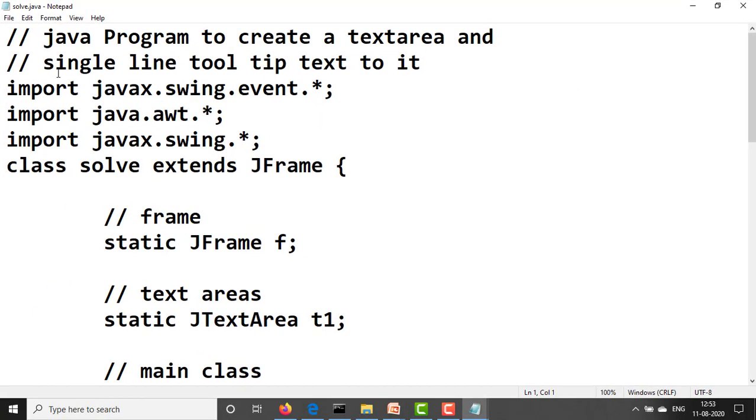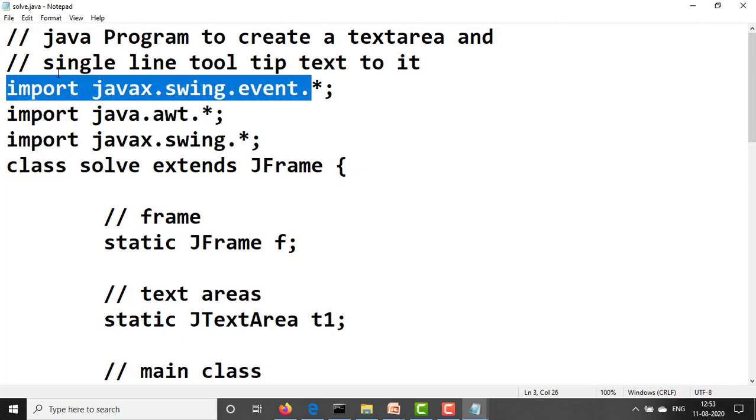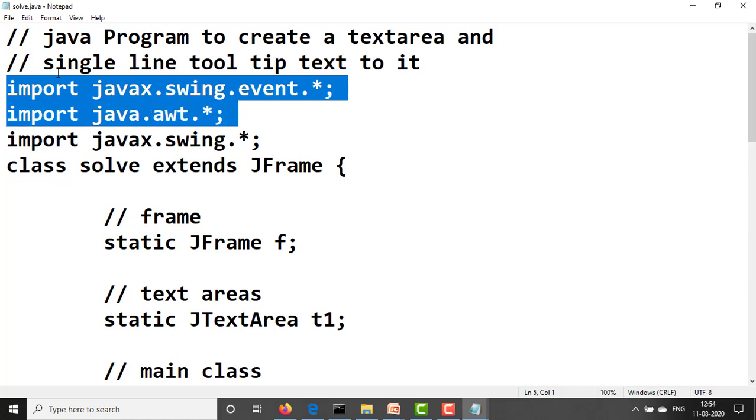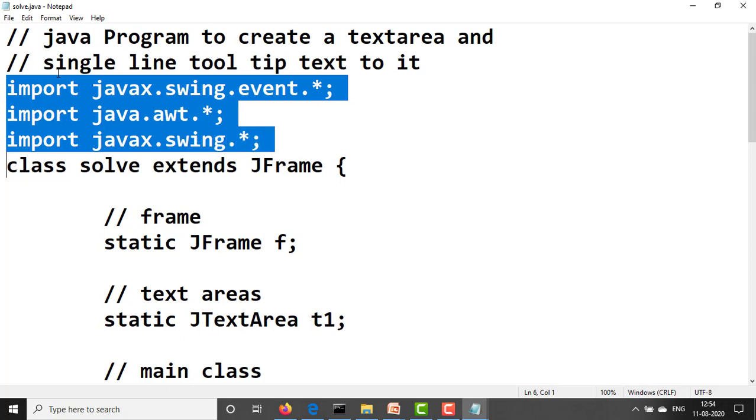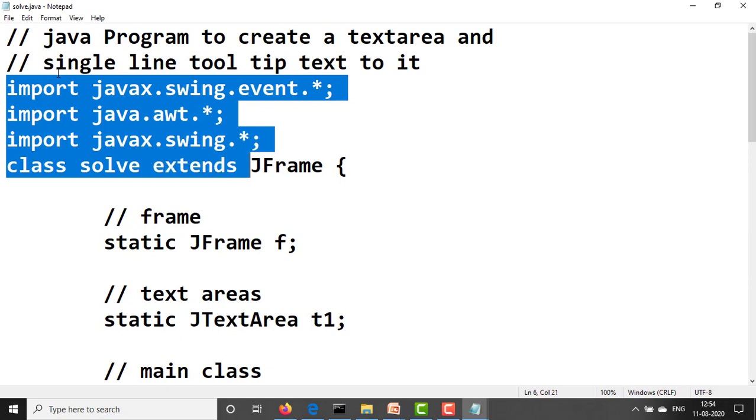First, a Java program to create a text area and add a single line tooltip text to it. Import javax.swing.event.*; import java.awt.*; import javax.swing.*; start the class solve extends JFrame, open curly bracket.